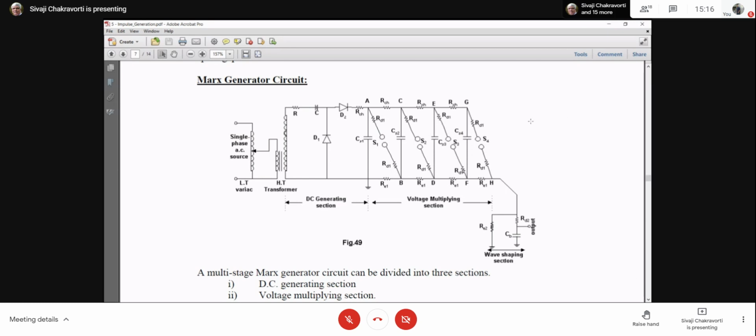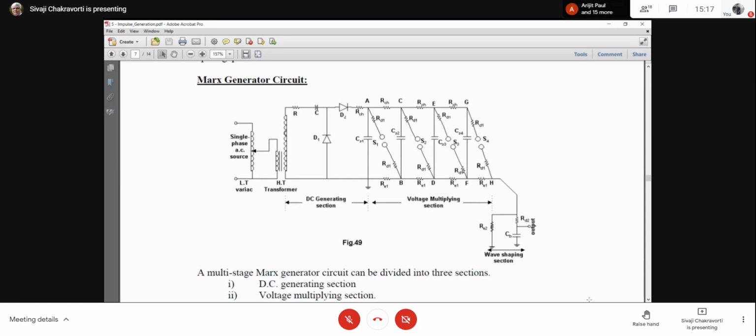And when this happens, think carefully that this RD1 is in series with S1, RD1 in series with S2. When these capacitors are connected in series, all these resistances are also connected in series with the CS, which means that they will be connected in series with CS and CB. Or in other words, they are damping resistors of the single stage circuit.